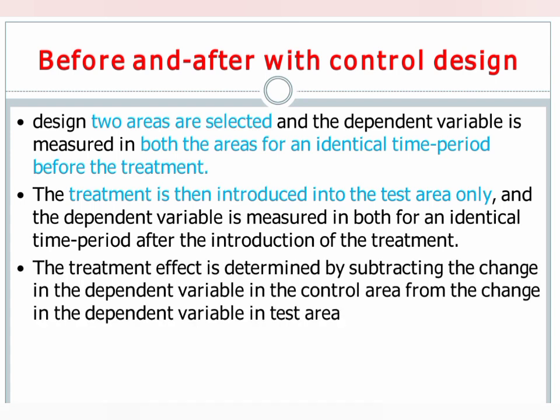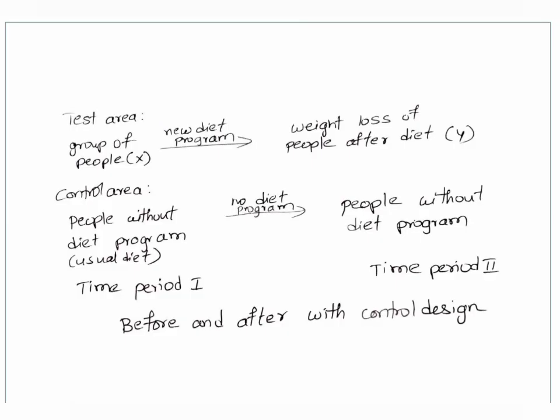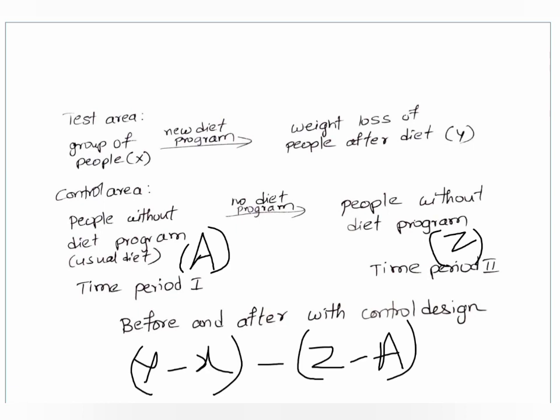The treatment effect is determined by subtracting the change in dependent variable in control area from the change in dependent variable in test area. Now let us see an example here. We are taking a group of people who want to lose their weight. Let the group be X, and we are applying a new diet program. After the diet program, the weight loss of people is considered as Y. So before the diet program it is X and after it is Y